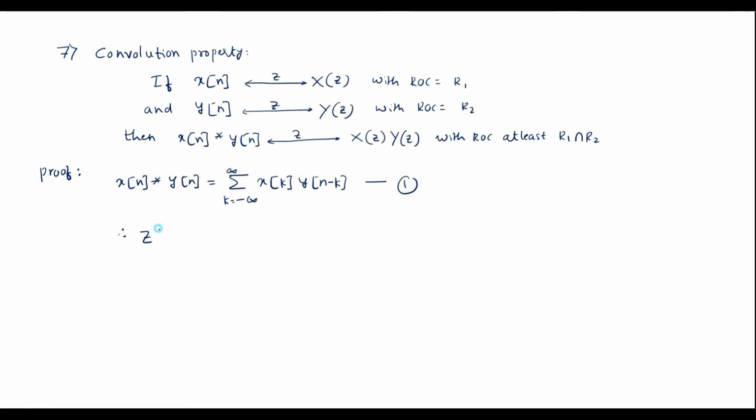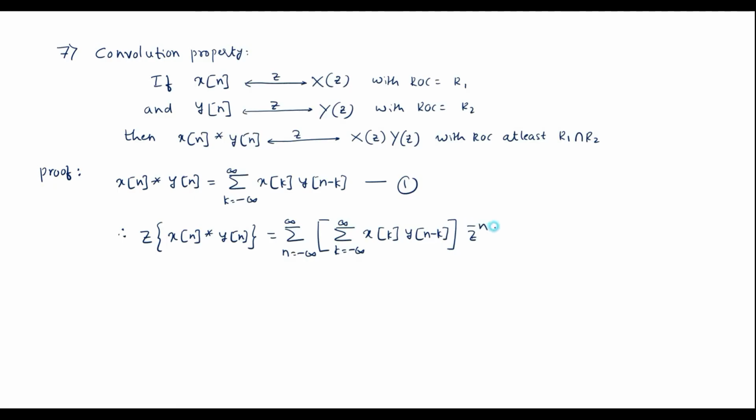Therefore, the Z transform of x of n star y of n is equal to summation n varies from minus infinity to infinity. Now the input signal is x of n star y of n, that is nothing but this expression, summation k is equal to minus infinity to infinity x of k y of n minus k,